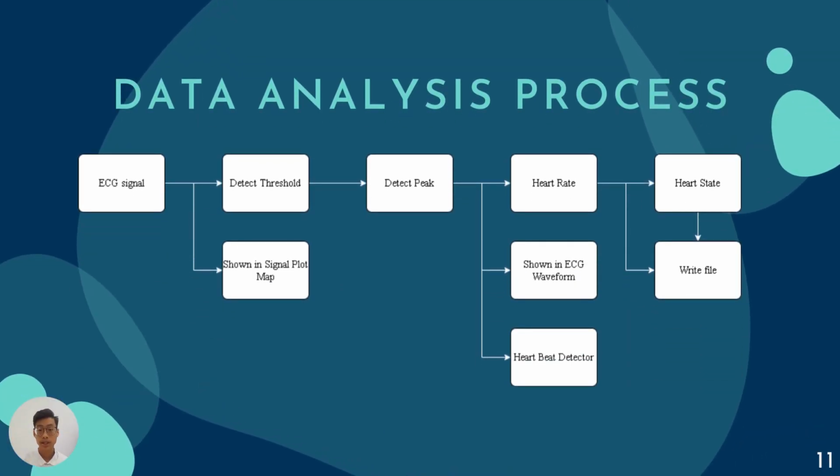And as you can see, here is a summary of how our software operates on LabVIEW. After obtaining the ECG wave from LabVIEW, the limit level of peaks called the threshold will be detected through the incoming data. At the same time, it will be displayed on the signal plot graph. After the threshold is found, the software will detect the peaks of the electrocardiogram to help calculate the heart rate. Also, the number of peaks will be shown in the table next to the graph.